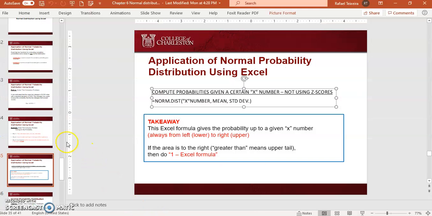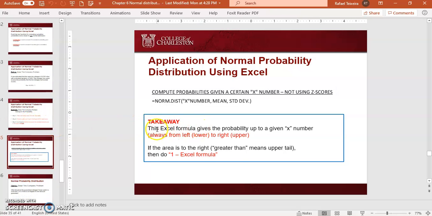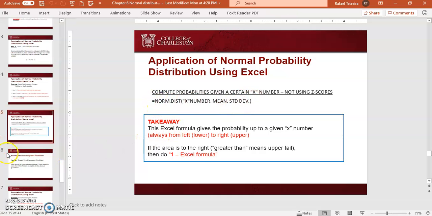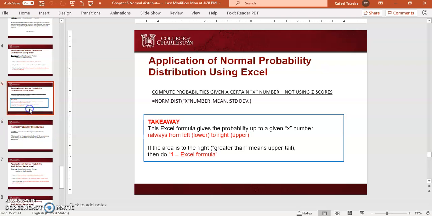Let's go back to our slide. This is what I'm saying here. This Excel formula gives the probability up to a given X number, always from the left lower tail to the right upper tail. If the area is to the right, meaning greater than or upper tail, like I showed you, then you do 1 minus this Excel formula. So this is how you solve a part A kind of problem. I'm going to show you another one that you can use to solve in the next